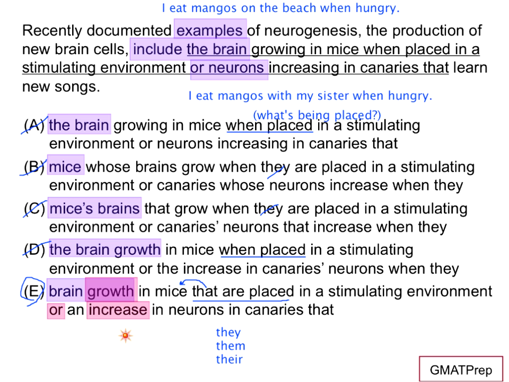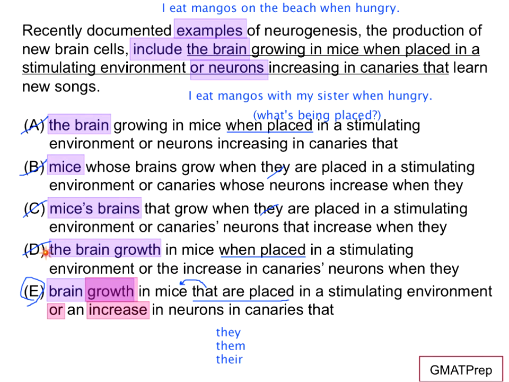Let's see. In D, okay, so the brain growth and the increase. Notice how they did this here, trying to make it look like this is more parallel to try to get you to pick D, right? Because you have the and the. So it seems like it's better somehow, basically. The issue with saying the,